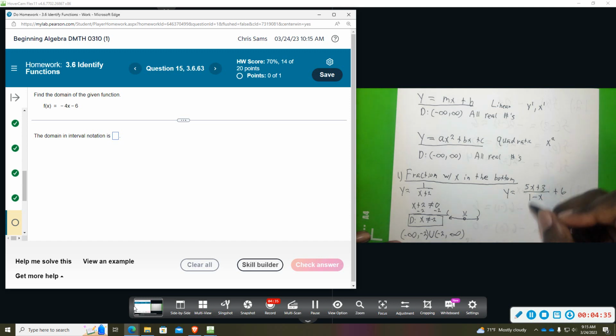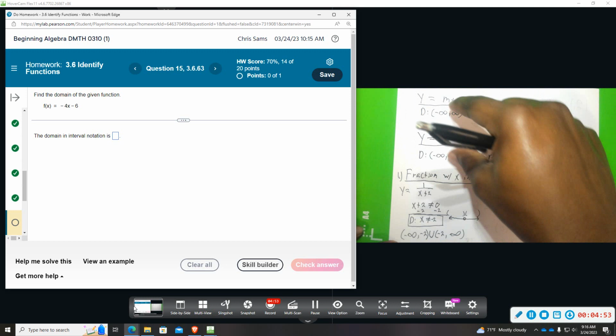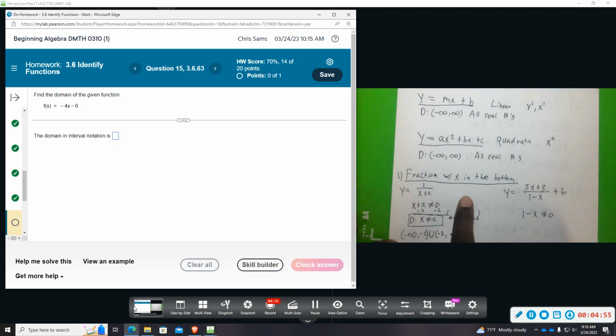So the bottom cannot be 0. So I would do the same thing, only the bottom. 1 minus x cannot be 0, and then you would solve the bottom. So no matter what else is going on, this is one issue that would cause you to have a domain something other than all real numbers. But for the most part, it's going to be all real numbers unless you have this scenario, something with a fraction in the bottom,